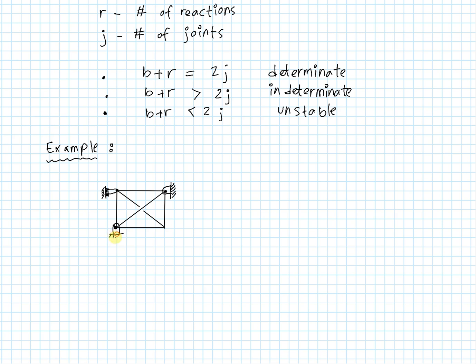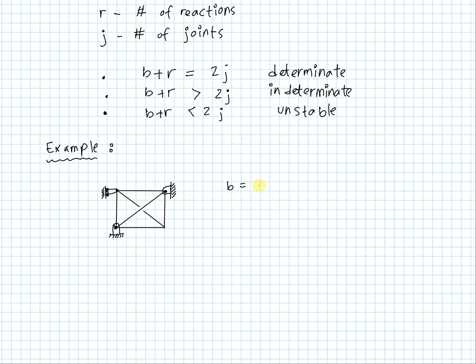So anytime you see those little hollow or black circles underneath my connections, you can think of those as a slider. And these two on the top right corner and the bottom left corner are pin supports. So with this kind of reaction, if we're looking at the number of bars, we have